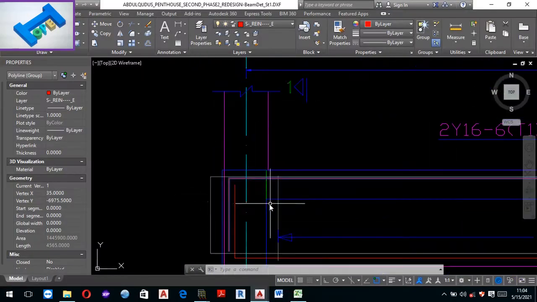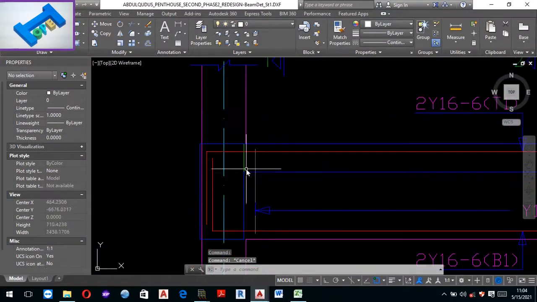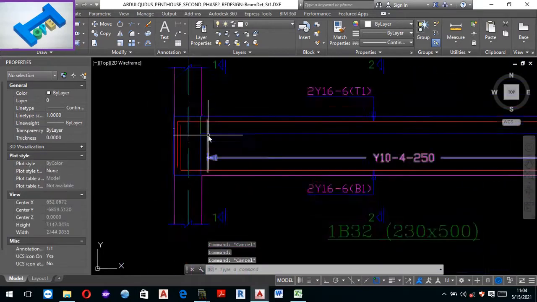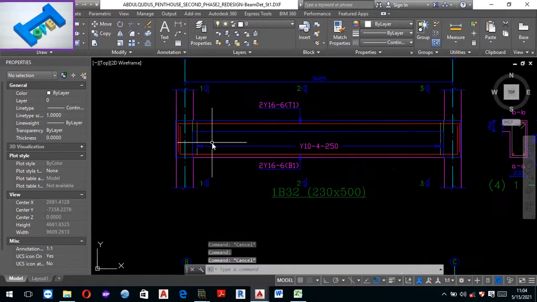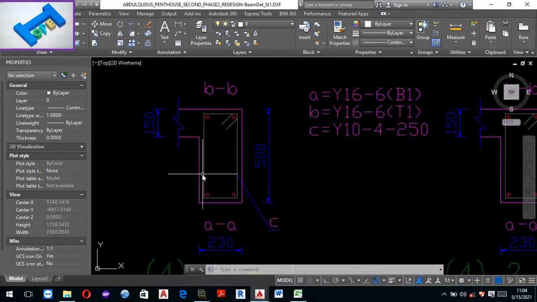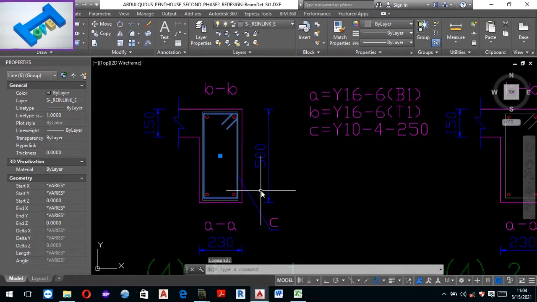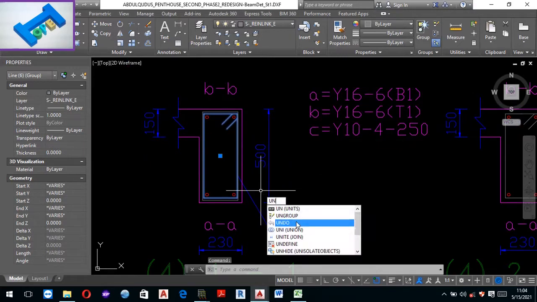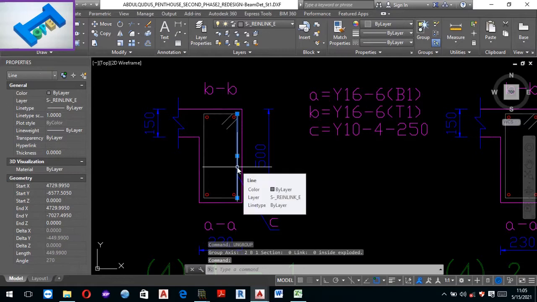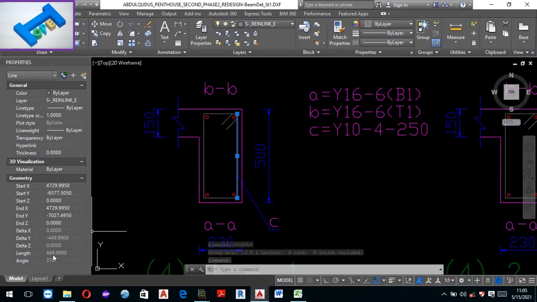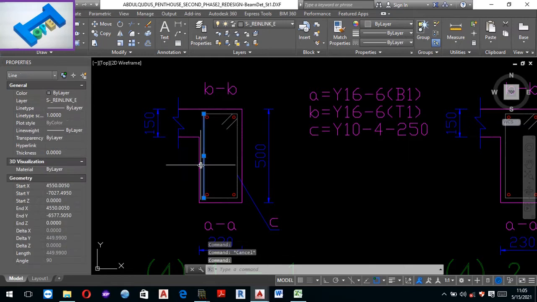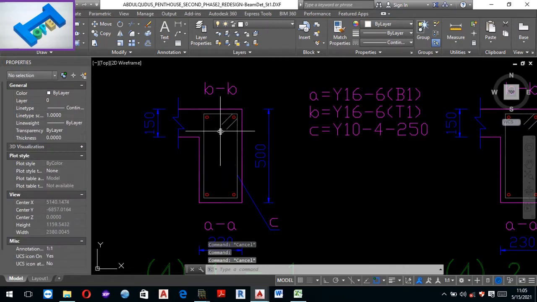Now for the links, we have this. From here you can't easily get the total length of the bar with this representation. The sections give room for you to get that, whereby you have to know the length in this section area. This is the length of one of the sides of the link, 449 millimeters. Likewise the other side, its left-hand side, is 449 millimeters.